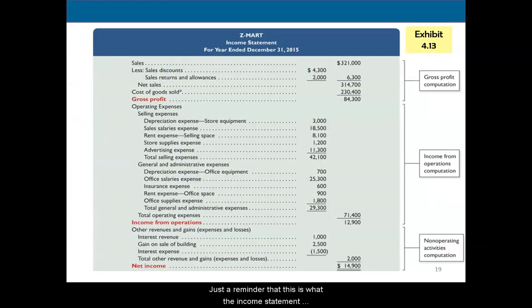Just a reminder that this is what the income statement looks like when we're dealing with a company that is a merchandiser and has some of these key points that we've talked about: cost of goods sold, gross profit, net income,